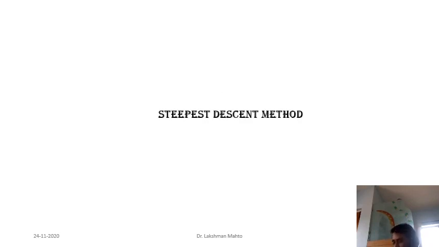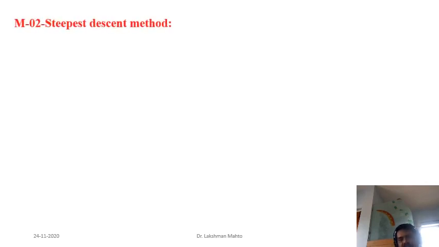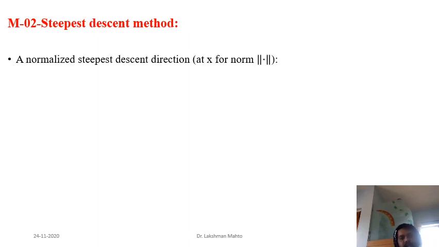now coming to the generalization of that descent technique, which we call the steepest descent technique. How we can see in a general perspective what the steepest descent is, I will talk about in detail here. So what is the steepest descent method? Here we first define that it is highly dependent on the norm, what kind of norm you are willing to take, and that means what kind of distance you will choose in order to get the optimal point. So the steepest descent is highly dependent on the norm.